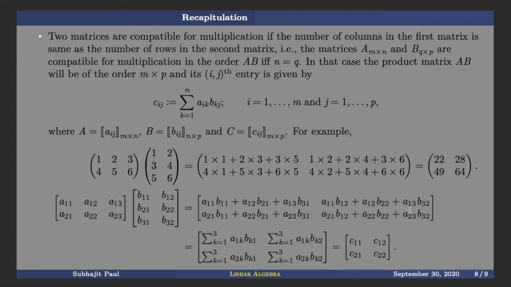The first row of A is remaining same, and the second column of B is remaining same in the 1 2 entry of the product matrix. What is varying are the other things. So the columns of A and the rows of B, corresponding to the first row of A and the second column of B, they are changing and they are changing together. So this is first column of A, first row of B, second column of A, second row of B, third column of A, third row of B, corresponding to the second column of B, corresponding to this first row of A. So that gives you K runs from 1 to 3, A1K, BK2.